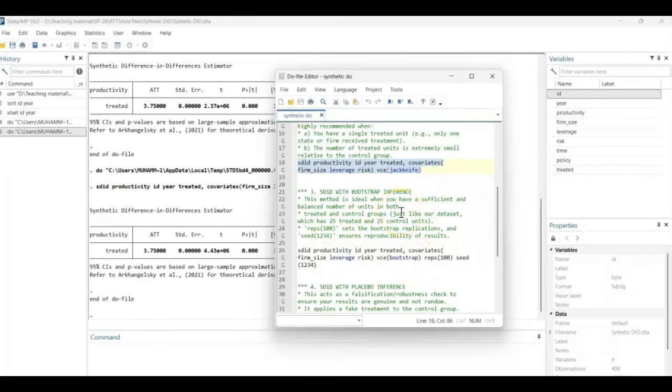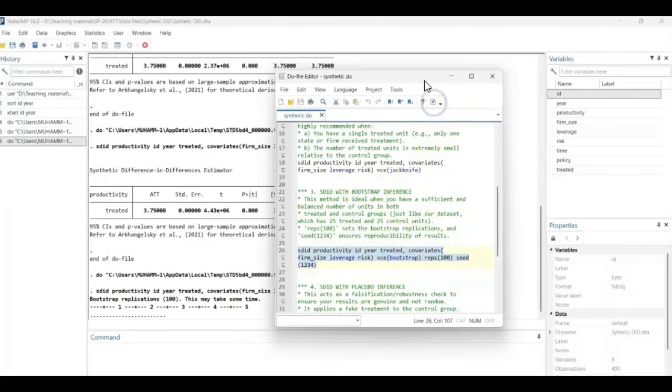What is bootstrap? Basically, bootstrap is that Stata will get some different samples from our available data, resampling. Let's say we have written resampling 100 times, so Stata will get 100 different samples from our existing data and apply the same method, and will check if there is any difference between those results. So if there is no difference, it means our results are reliable. But if Stata is picking different samples from our data and the results are different, it means our earlier results are not reliable. So in our case, the bootstrap method is most appropriate, so we run the bootstrap method,